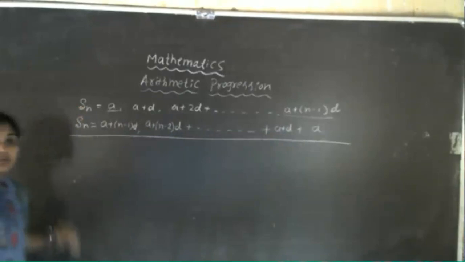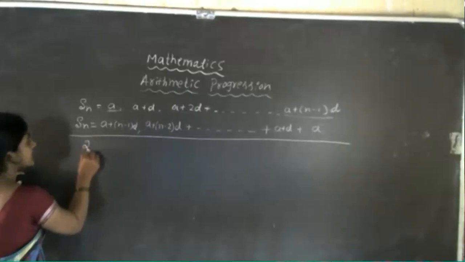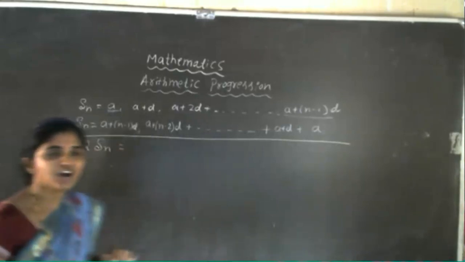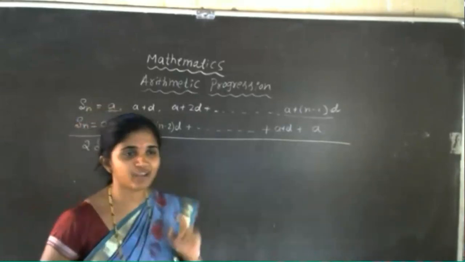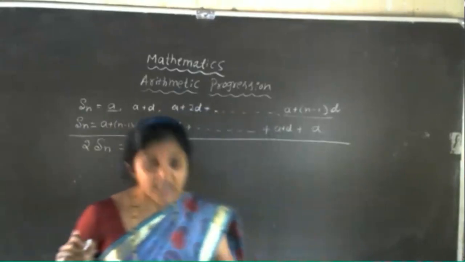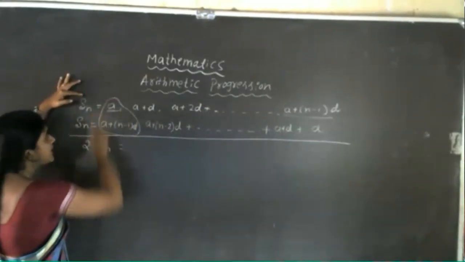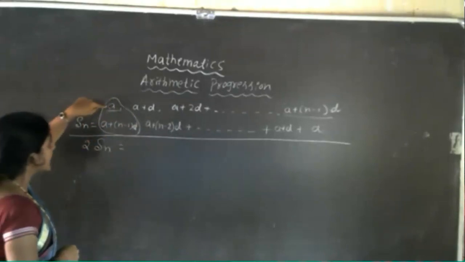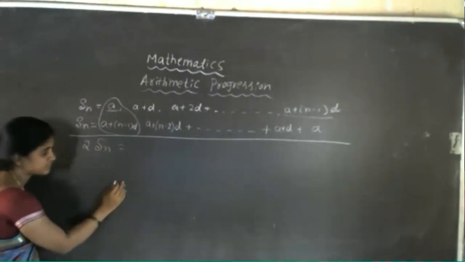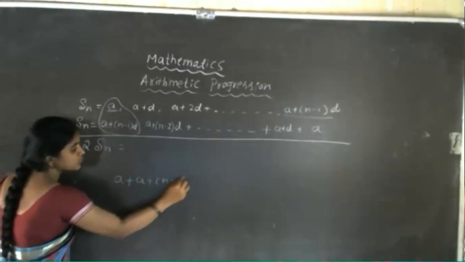Now again, the same trick we have to apply. We have to add these. Sn plus Sn, 2Sn. What did we get in the LHS part? Sn plus Sn, 2Sn. Now, in the same way, there 1 plus 100 we got 101, 101, 101, and so on. Now here also we'll get the same type of expression. Now you just observe, this is the first pair here. Add these two. I'll do the rough work here. A plus, then this one, A plus n minus 1 into D.